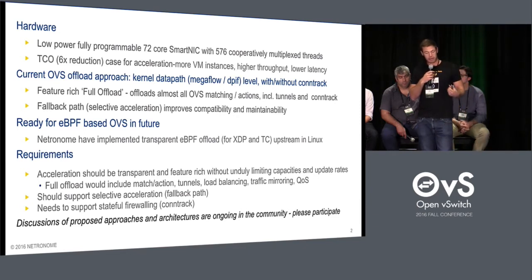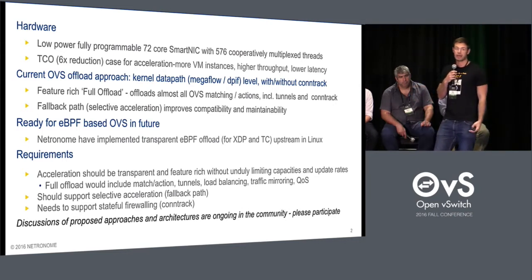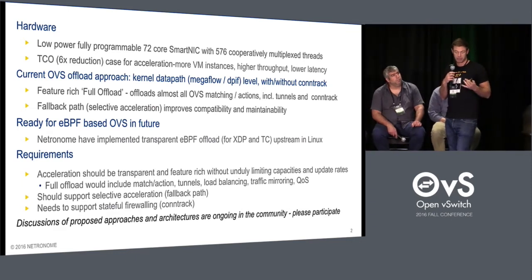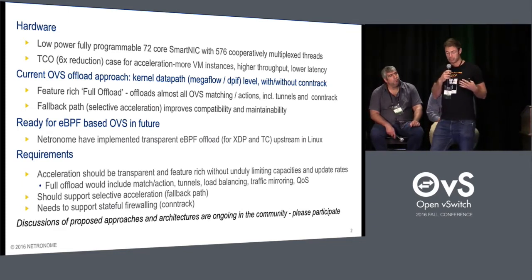And obviously we're ready for eBPF-based OVS. We have an implemented transparent eBPF offload, both for XDP and TC, and that's already upstream. And as I've alluded to, our key requirements are just that acceleration should be transparent and feature-rich, without unduly limiting